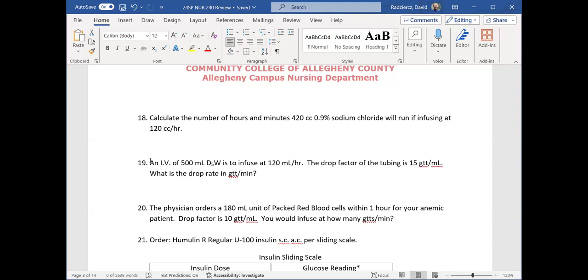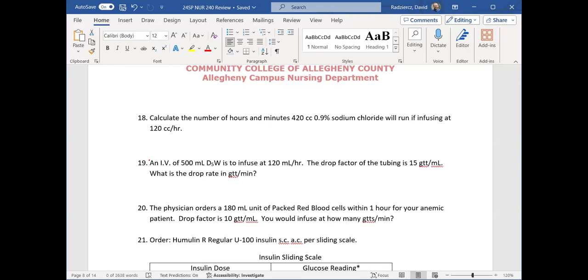So 19, we're infusing at 120 milliliters per hour with a drop factor of 15. So this is another thing. Do I need to know the total volume to calculate a drop rate if I already know the flow rate? And the answer to that is I don't. I need to know the 120 milliliters per hour. I do not need to know